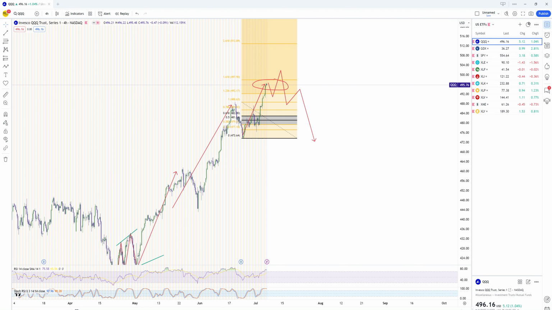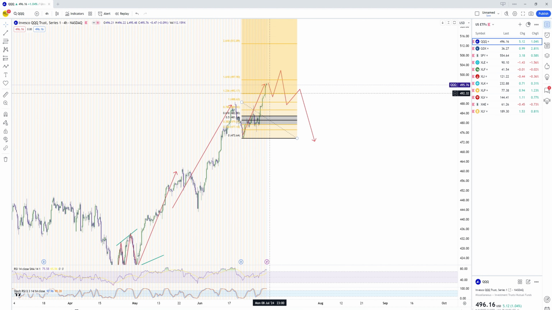And of course, concluding our video with two ETFs, the 3Qs and the GDX. For the 3Qs, I have circled here the target area, which we presented to our members during Monday's and Tuesday's live sessions. We explained that if it breaks to the upside, this will be the target area: the 1.236 to 1.618 inverse Fibonacci retracement of this pullback. The target has been reached, and from here soon we can expect to see a pullback.